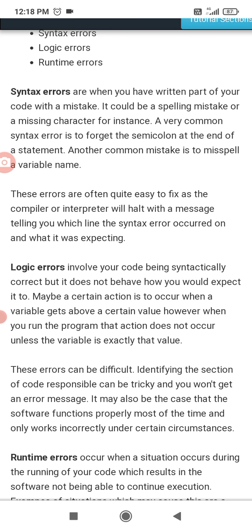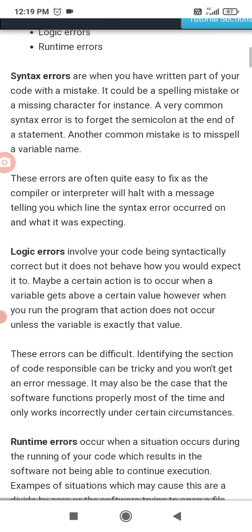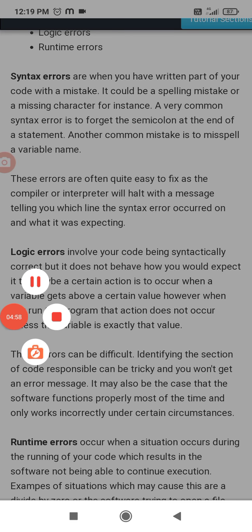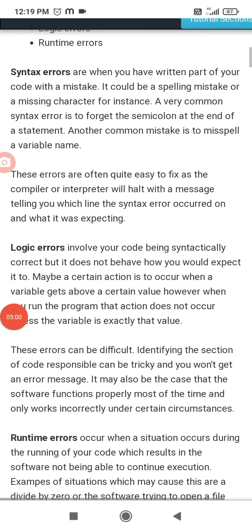Logic errors involve your code being syntactically correct, but it does not behave how you would expect it to. Maybe a certain action is to occur when a variable gets above a certain value. However, when you run the program, that action does not occur unless the variable is exactly that value.